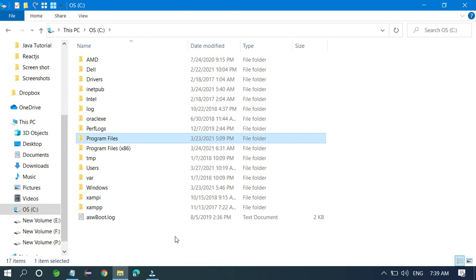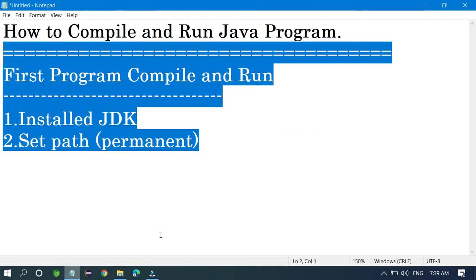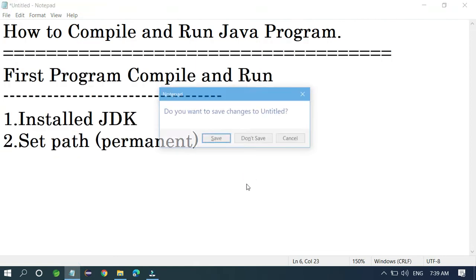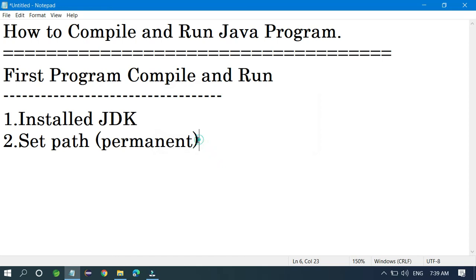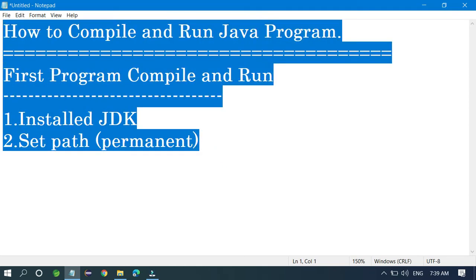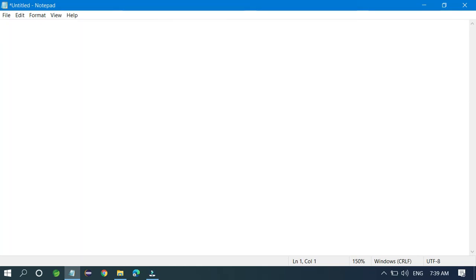Now you have to write one program. I'm going to write one program and compile and run it to see how it works.